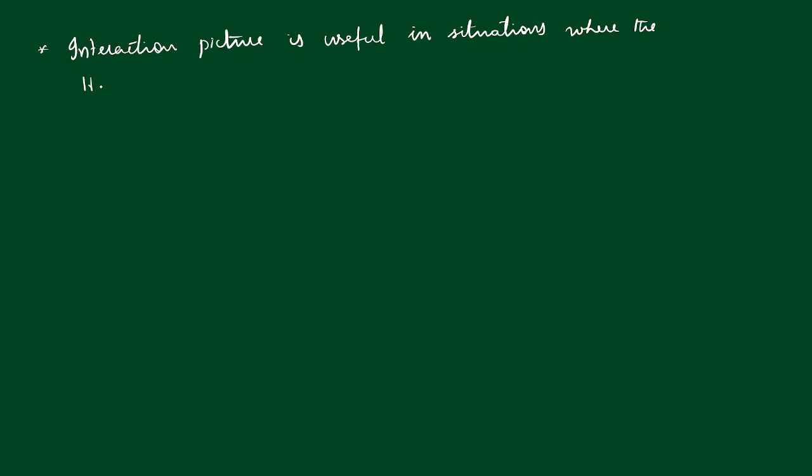So the interaction picture, we use this in the case where there's a small time dependent perturbation, etc. We'll be discussing this in detail in the third semester. You'll have one whole section on this. So we'll just write the relevant details here. The interaction picture is useful in situations where the Hamiltonian has two parts,